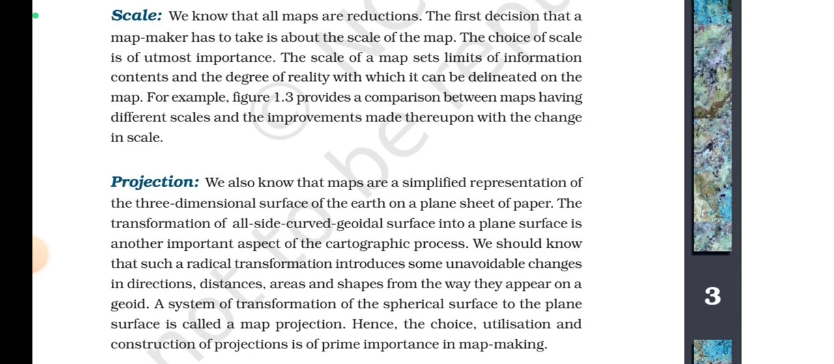Let us look at the scale. We know that all maps are reductions. The first decision that a map maker has to take is about the scale of the map. The choice of a scale is of utmost importance. The scale of a map sets limits of information, contents and the degree of reality with which it can be delineated on the map. For example,